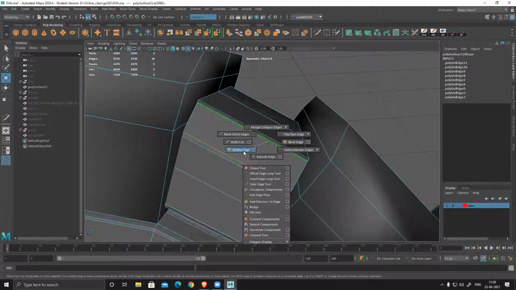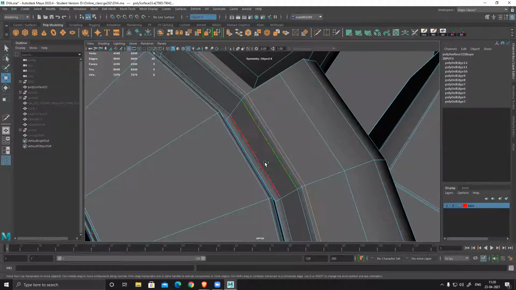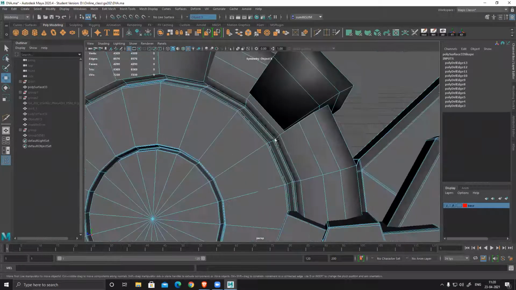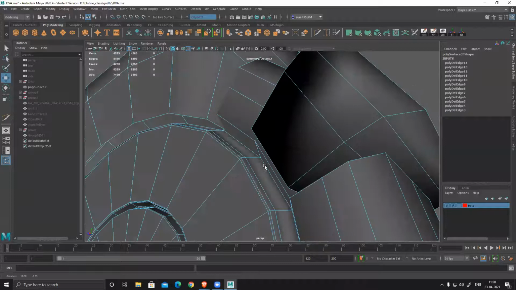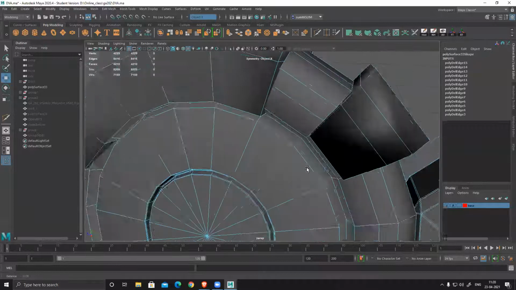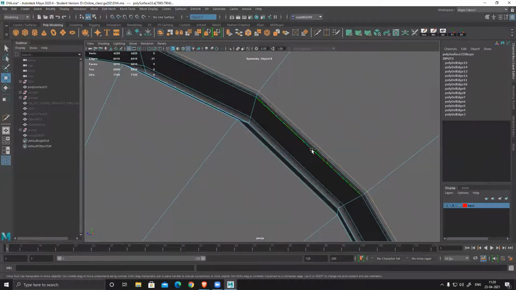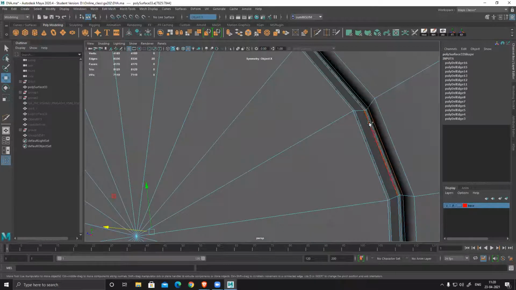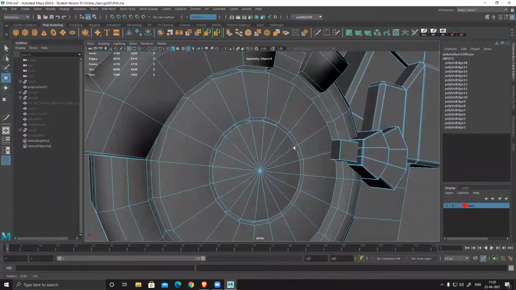I have to make sure it's really clean. See all three loops. All this shape also not required. All low poly. All clean.